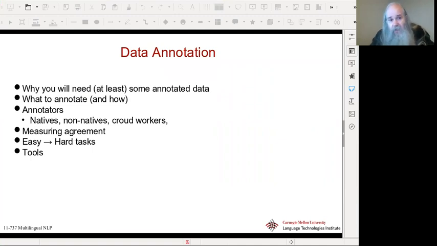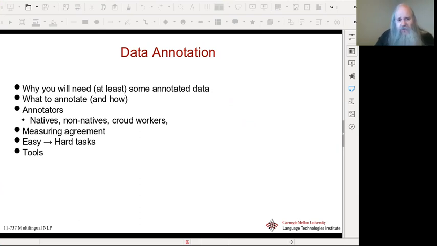You will always need some annotated data. If you're going to work in a language, you can't just say, I've got all my data, here's the data, the raw text or speech in the target language. You're going to need some sort of annotation, and we're going to talk about that. We're going to talk about what to annotate and how. We're going to talk about who's going to do the annotation: